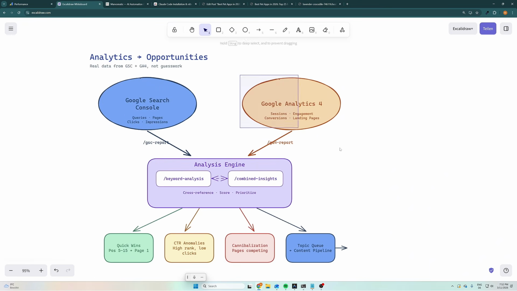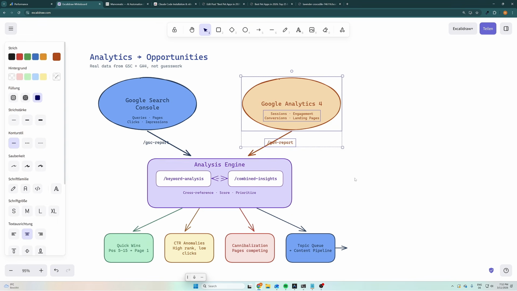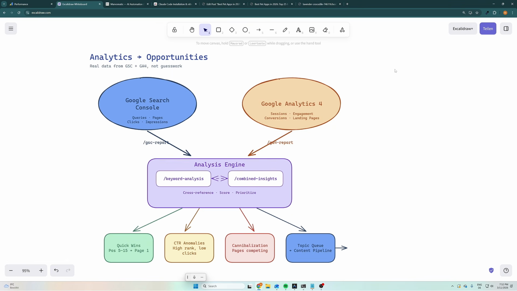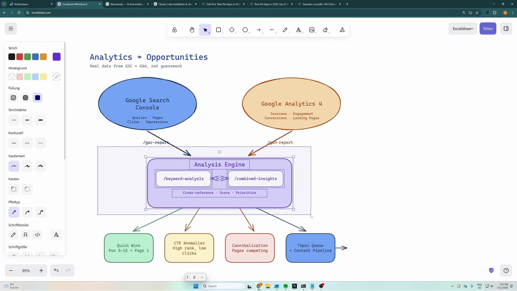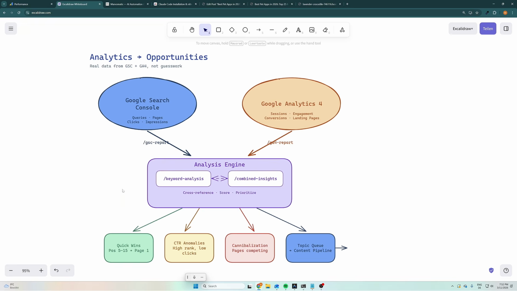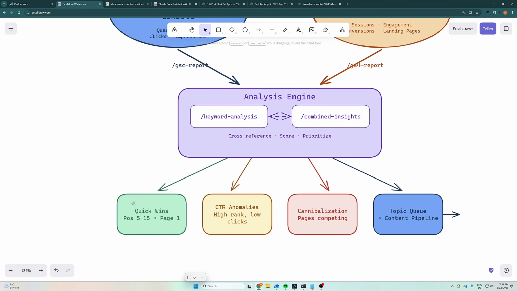which means we can use that for analyzing data from the Google Search Console and Google Analytics. But there are also other reports that take care of analyzing the data from both sources and merge the data in order to reveal more insights, for instance, about the conversion rate. And this approach allows you to directly find quick wins, issues regarding click-through rate, but also pages where you have a high ranking but low clicks,